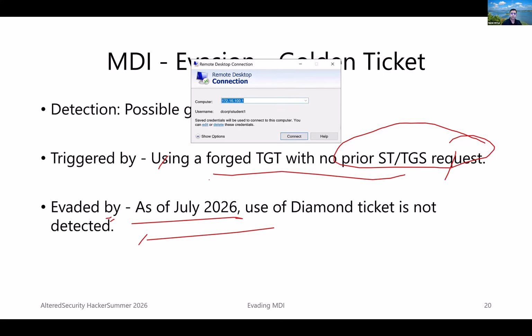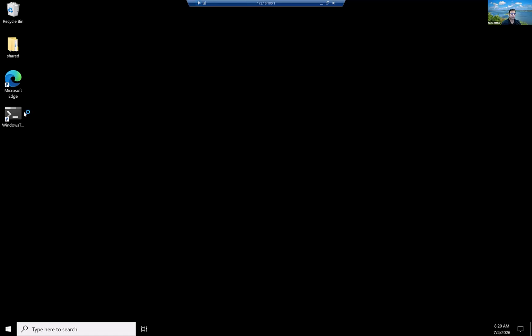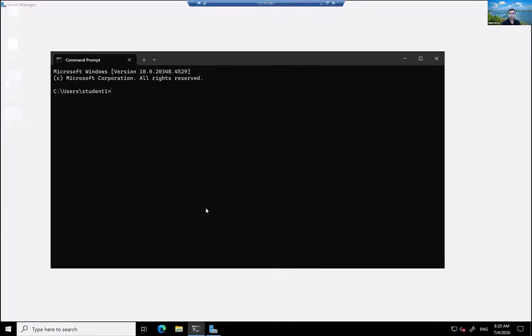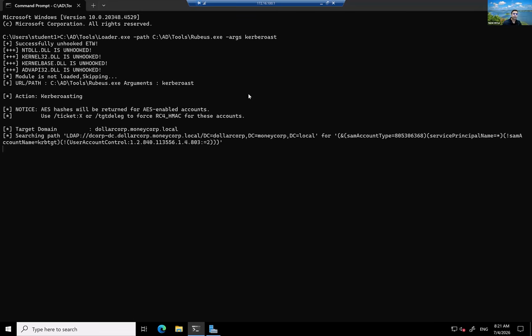Okay, let me go back to Kerberoasting for a moment. For those of you who are not very well versed with Kerberoasting, this would help you understand that too. So what is detected is this part. If you run Rubeus with just the kerberoast parameter, and there may be a detection in some time because of this, it goes to the DC and asks for